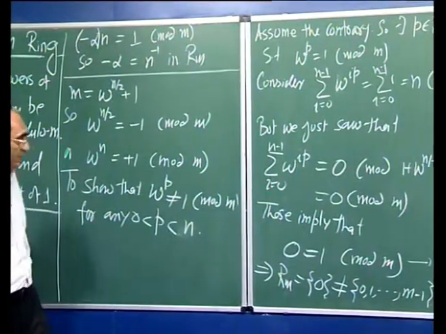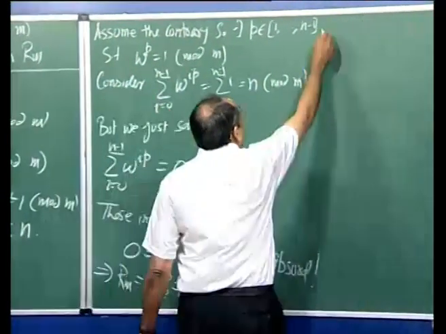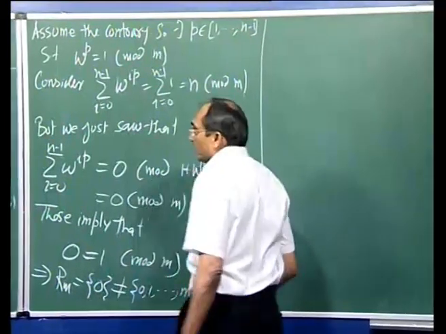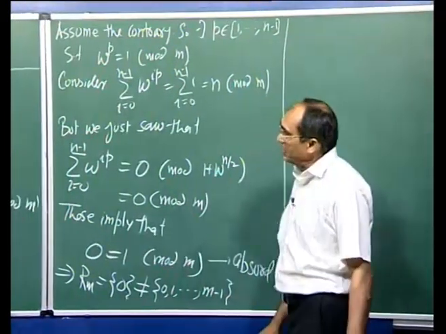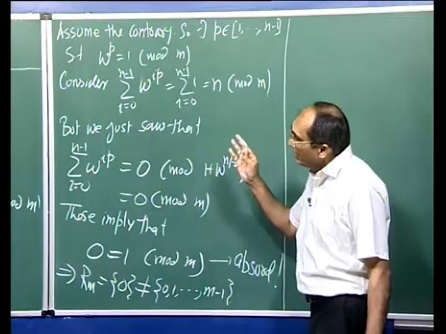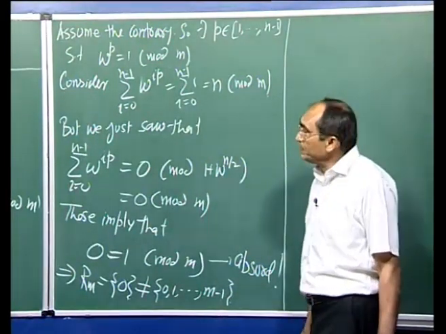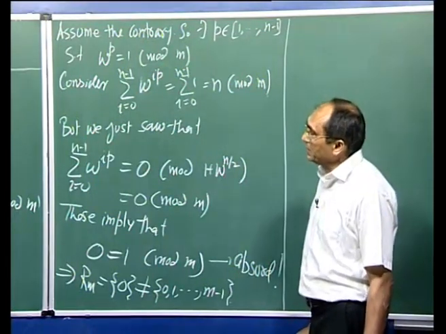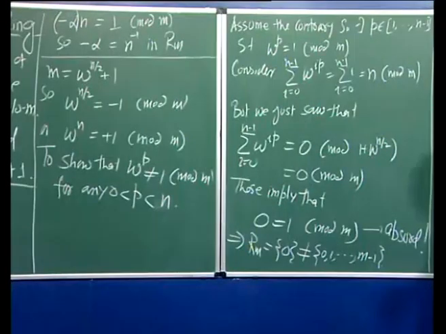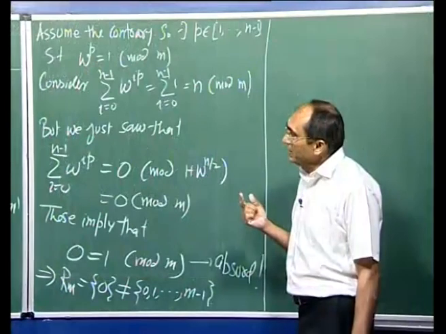Indeed, it is 1 for 0. So, we have now shown both these properties which were required for defining the DFT hold in this ring Rm, and we also have the nice property that n is a power of 2. So, we are in a position to define discrete Fourier transforms in this ring.